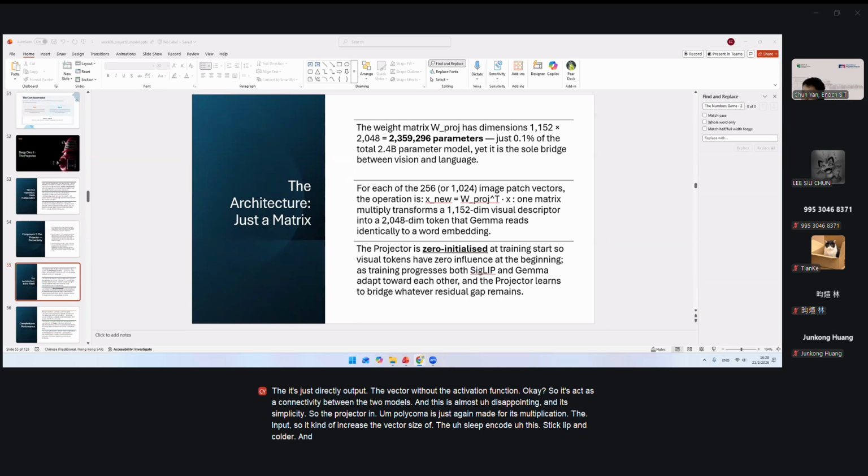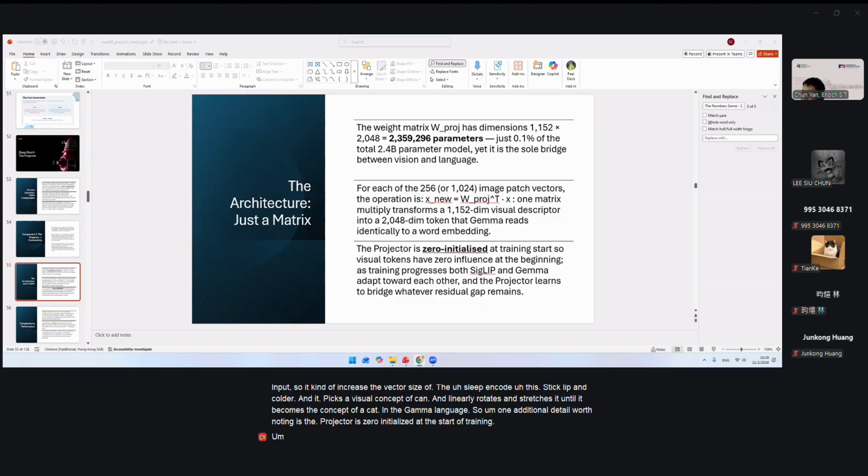And it takes the visual concept of cat and linearly rotates and stretches it until it becomes the concept of a cat in the Gemma language. So one additional detail worth noting is the projector is zero initialized at the start of training. This ensures that at the beginning of the joint pre-training, the visual and